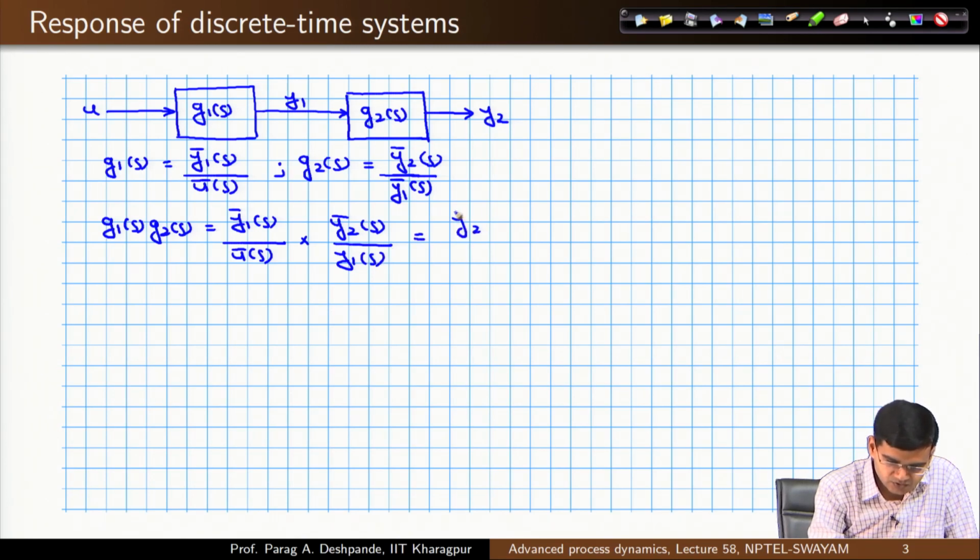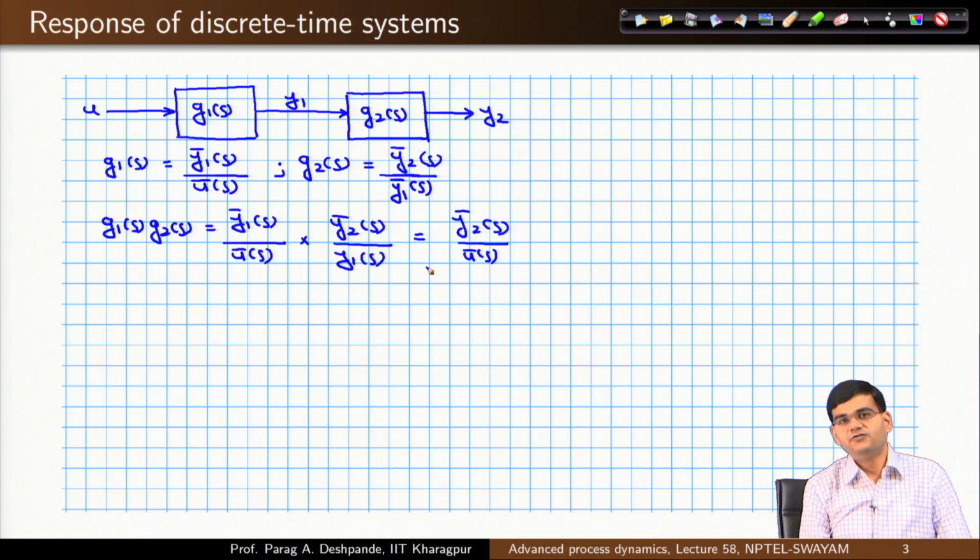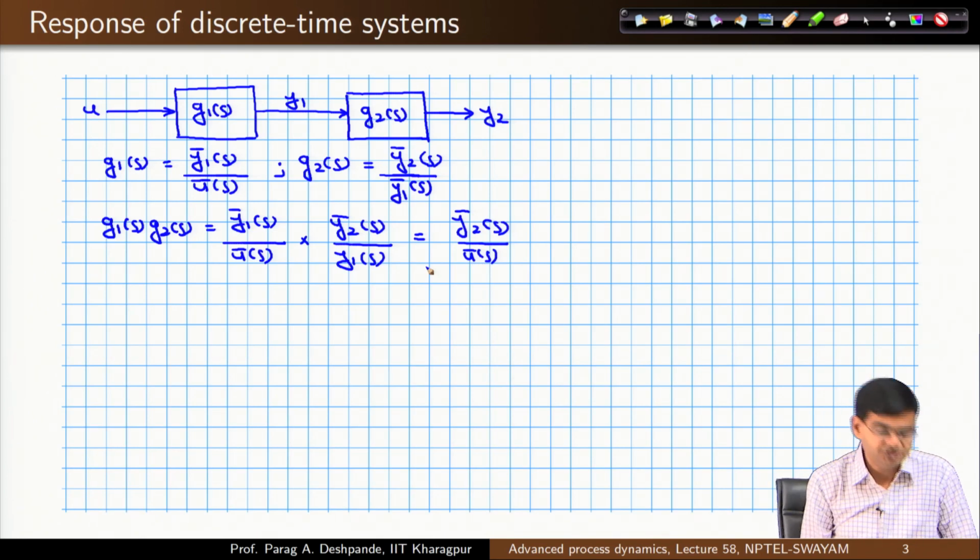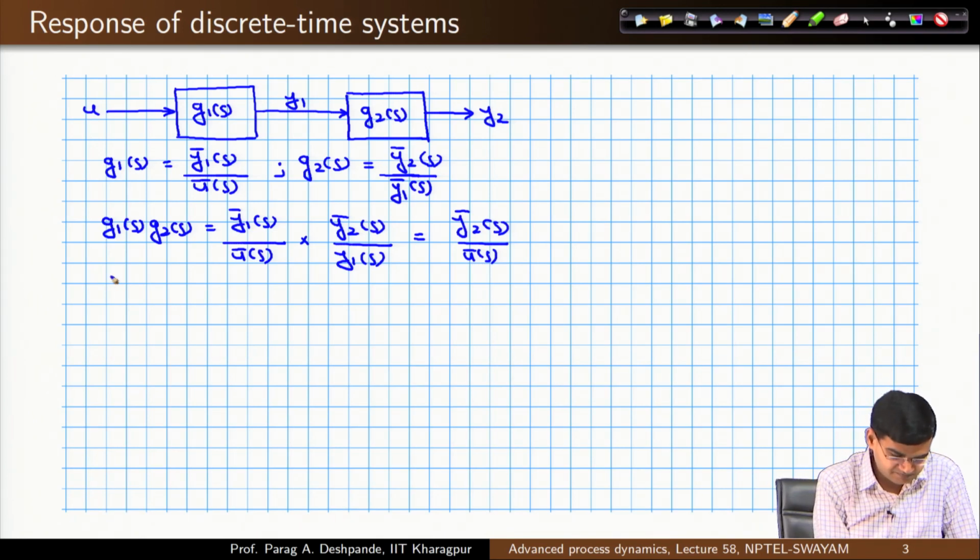Y 2 bar of s divided by u bar of s. So, therefore, I can write g overall, simply g of the process s as g 1